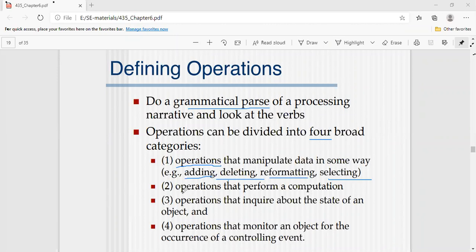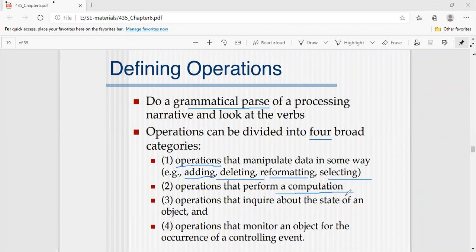And the second one is operations that perform computation. So what operations may we perform that calculate something? Suppose an addition operation is there. Addition operation means it will add the values. So computations are not only addition and subtraction, there may be big formulas within your project, which is one kind of computation here, right?